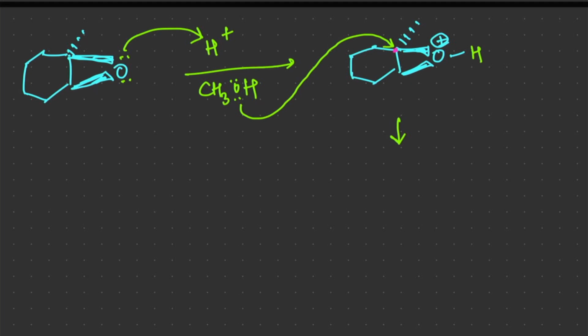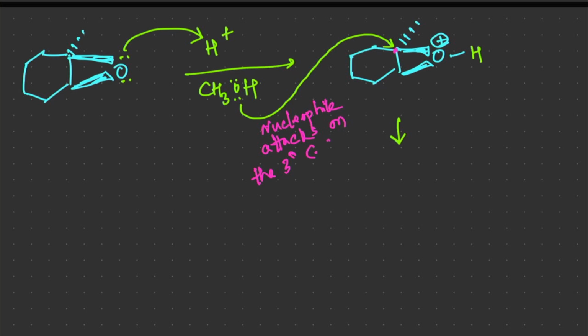So this one here is connected to three other carbon atoms, 1, 2, and 3. So it's connected to 3 carbon atoms. So this is a tertiary carbon atom. So the nucleophile attacks again on the tertiary